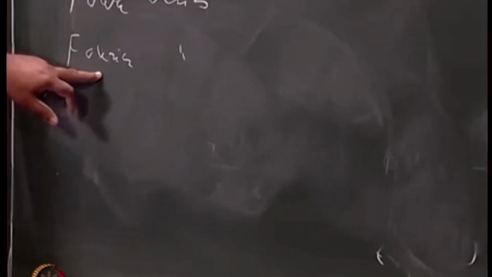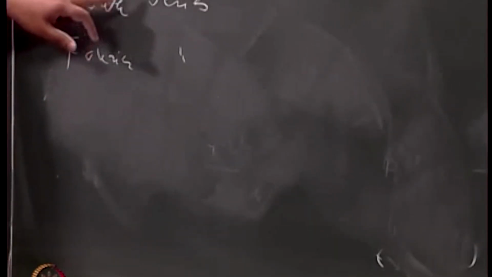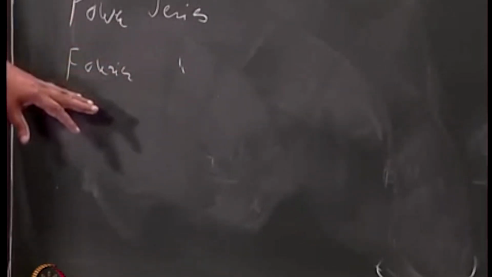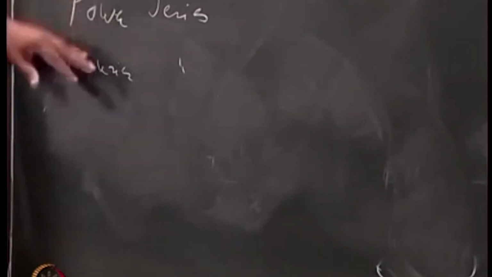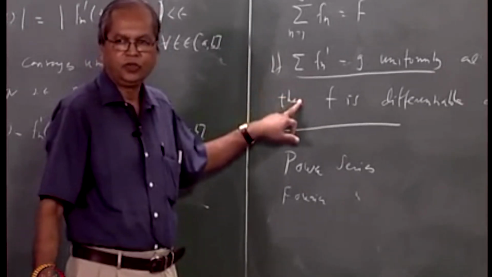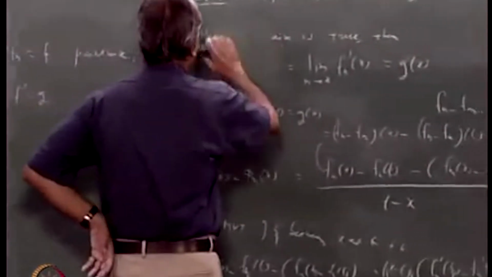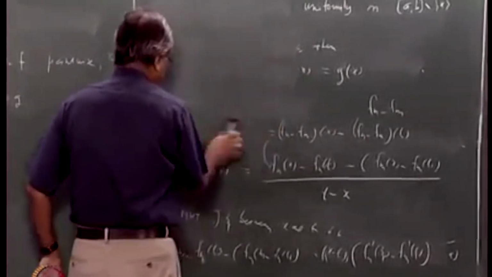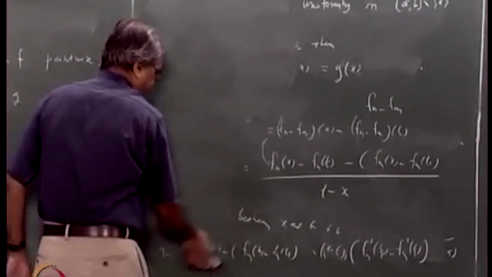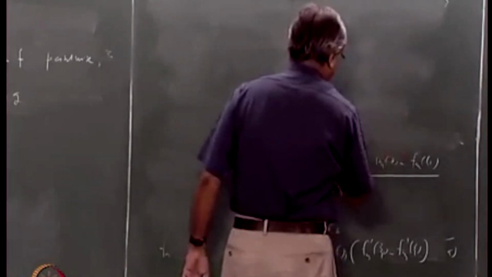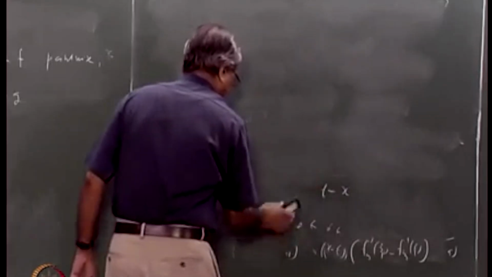Now these are also something like power series, but here the functions involved are polynomials, and here the functions involved are what are called trigonometric polynomials. So these are some of the positive results that will follow from the discussion of uniform convergence. There is also one very interesting result which in some sense is negative, but it is interesting in the sense that it says something different from what our usual intuition says.